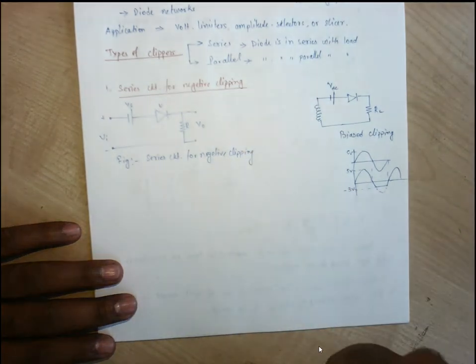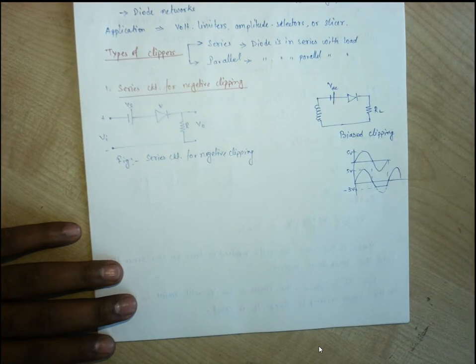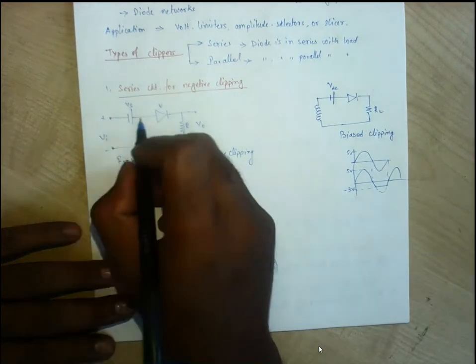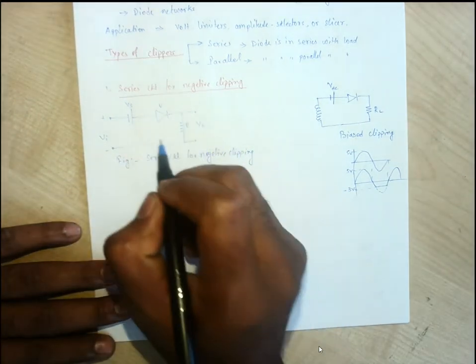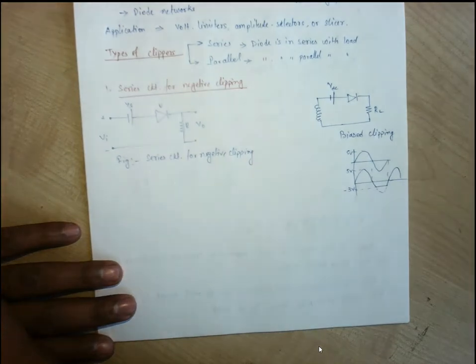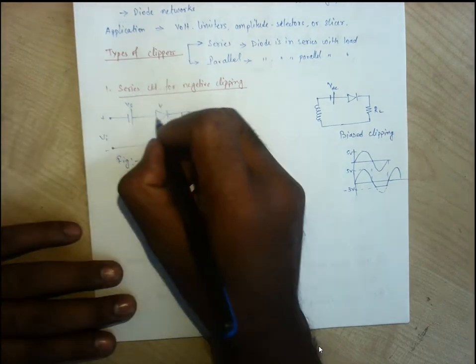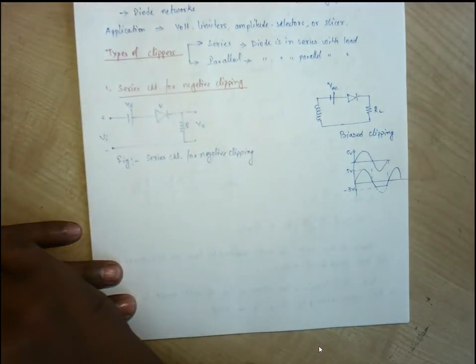Now we have a clear idea that the diode will be either in the on state or in the off state, depending upon how we have connected the input with the diode. So two states are possible, either the diode is on, or the diode is off. If we think of a practical diode, it is supposed to have certain dynamic resistance or certain static resistance, and it has a certain knee voltage V gamma.